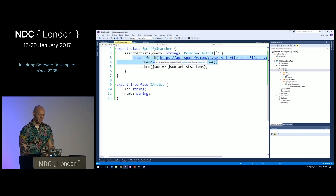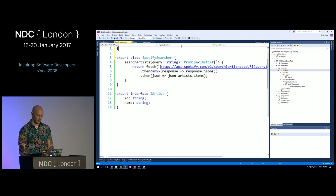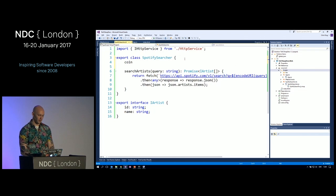Which then means that I can go in here in my Spotify Searcher, say import, curly brace, from ./HttpService, like that. Go back, press Control space frantically, and pull in the HTTP service interface. Create a constructor. All of this is stuff we should be kind of used to when it comes to C#. So I need a constructor which is http. It's going to be of type HttpService, like that. And since I need it inside of my class, I'm just going to make it private, so that I can down here